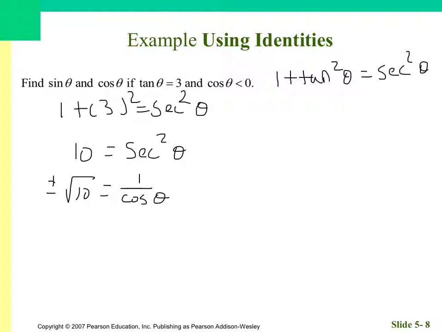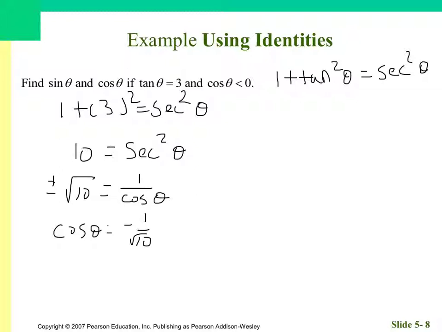Okay. So hold on. So then the cosine is -1 over the square root of 10 because it said cosine is less than 0. And now we can find sine squared because we know sine squared plus cosine squared equals 1. Or, so